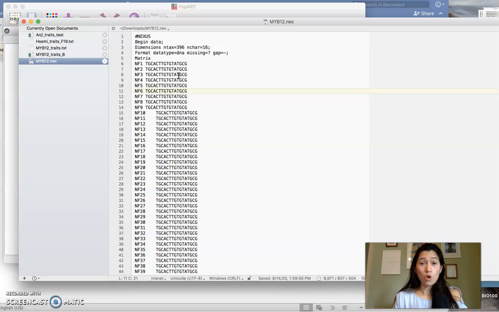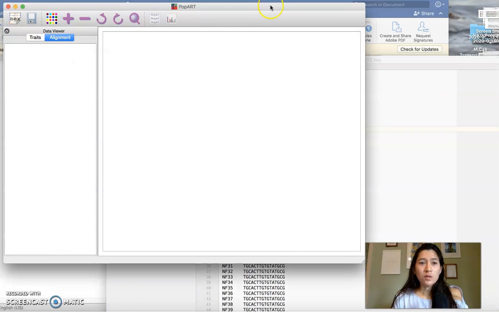You don't need to open the alignment file before you import it into PopArt. In fact, I recommend not doing that just because there are some chances that formatting might get a little bit funky. Also, your computer might not know what program to use to open this type of file. So you don't need to open this on your computer. I just wanted to show you briefly what it looks like so you have a basic understanding of what we're doing here. So the alignment file is basically that data that's showing us the DNA sequence information for each individual in our data set. So if we go back to PopArt,